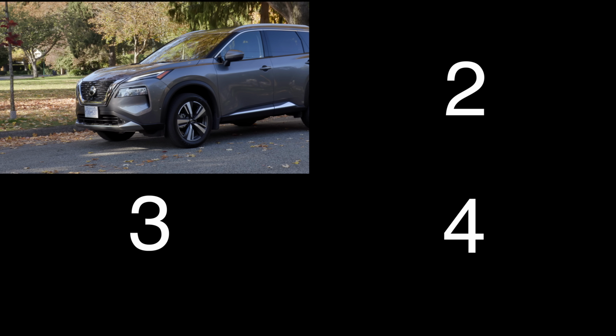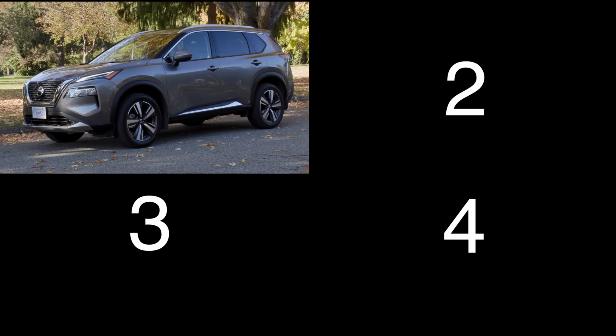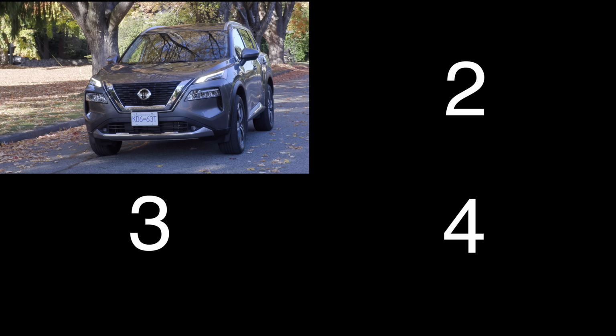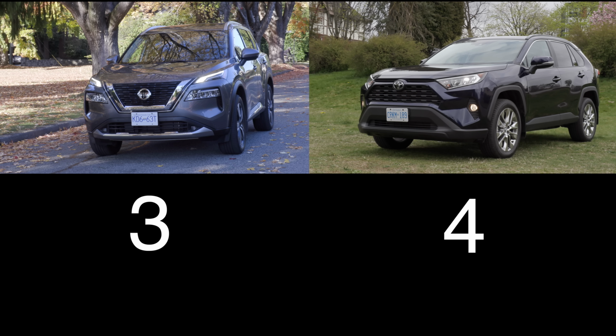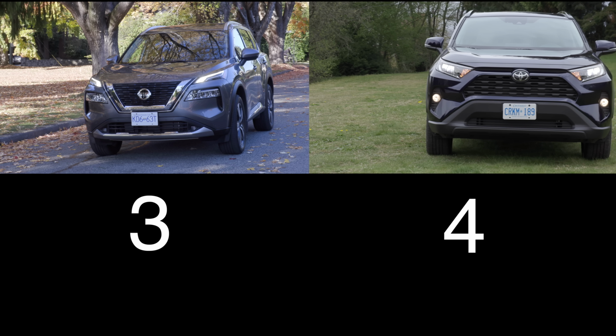Now, while we're talking about competitors, what else can you buy? For your consideration, 4 vehicles for you to consider. First up is the all-new Nissan Rogue. It is a 2.5-liter 4-cylinder engine and a CVT. It has 181 horsepower and a starting price of almost $31,000 for all-wheel drive. Next up is the Toyota RAV4. It has a 2.5-liter 4-cylinder engine with an 8-speed automatic transmission, 203 horsepower, and a starting price of